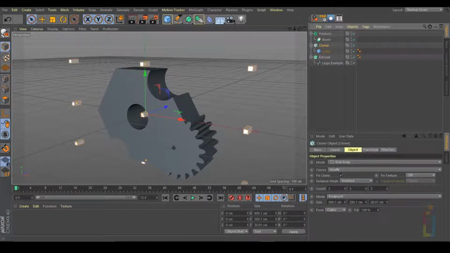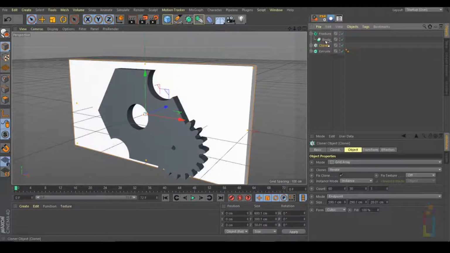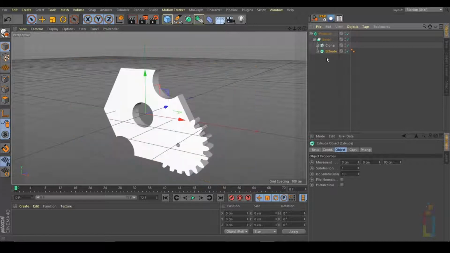Select the cloner and change the count for the first one to 60 and the second one to 30. Make sure your logo is inside this rectangle. If not, you need to make it a little bit smaller. Now we need to put the cloner inside the bool and the extrude in that order, and you will have